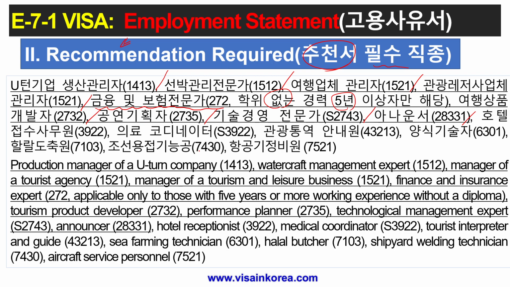The first one, the production manager of a U-turn company 1413, watercraft management expert 1512, manager of a tourist agency 1521, manager of a tourism and leisure business 1521, the finance and insurance expert 272. But in case there is no academic degree, just working experience for more than 5 years, in this case,